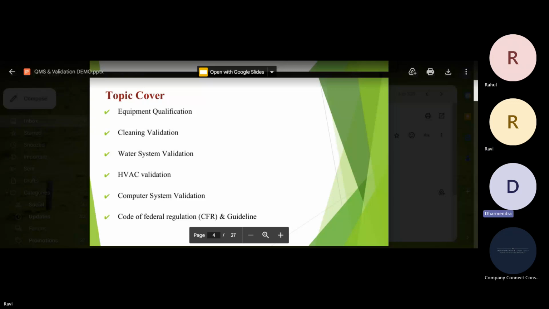सर ये ISO, FDA वगैरह सारी गाइडलाइन मिलेंगी हमें इनकी? किधर मिलेगा? ट्रेनिंग में इक्विपमेंट, वाटर सिस्टम, यूटिलिटीज के जो ISO, FDA, US की सारी गाइडलाइन मिलेंगी इनके रिलेटेड? हाँ, कंपनी कनेक्ट कंसल्टेंसी की वेबसाइट है ना, उसमें आपको एक्सेस रहेगा 1 साल तक, उसमें सभी गाइडलाइन अपलोड किया रहेगा, आप गो थ्रू कर सकते हैं। ओके सर, कंटिन्यू। ठीक है, कुछ और डाउट्स हैं क्या? नहीं सर, ट्रेनिंग में जब होंगे जब मैं क्लियर कर लूंगा। ठीक है, ओके, नो प्रॉब्लम।